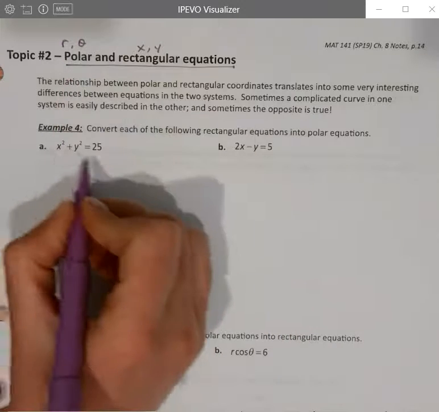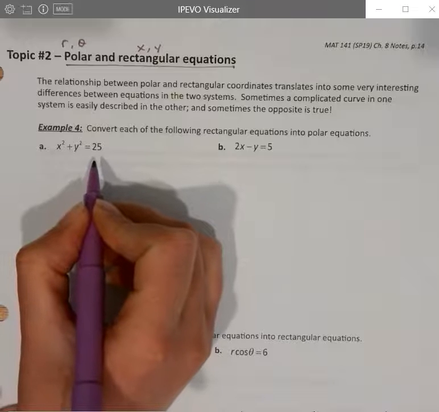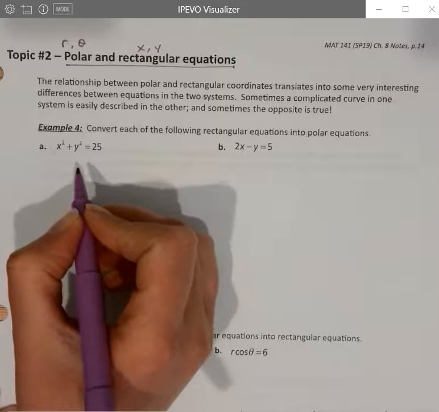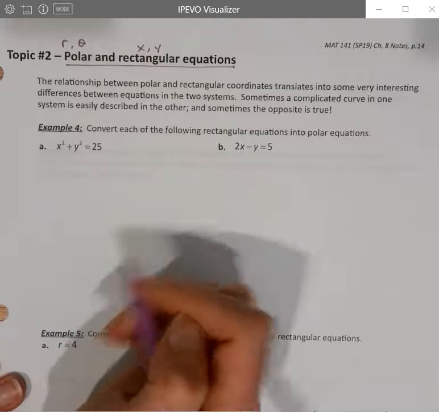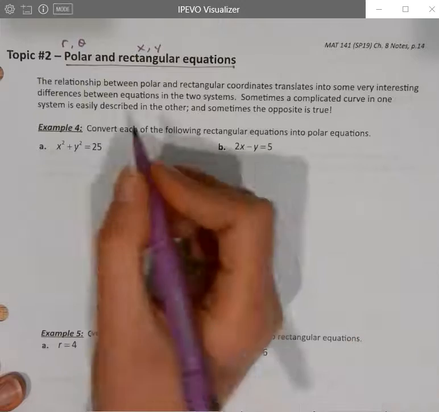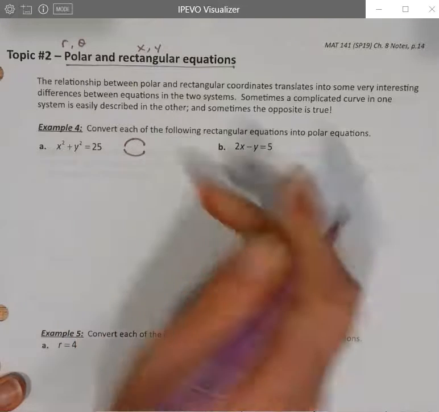So for example, this first one, x squared plus y squared equals 25, it's not a function. So it's actually something that's hard to deal with in rectangular. It's a circle with a radius of 5. x squared plus y squared equals r squared. And so it's difficult to do in rectangular. It's not a function. If I'm graphing a rectangular equation, I have to graph it in 2 halves because they're not